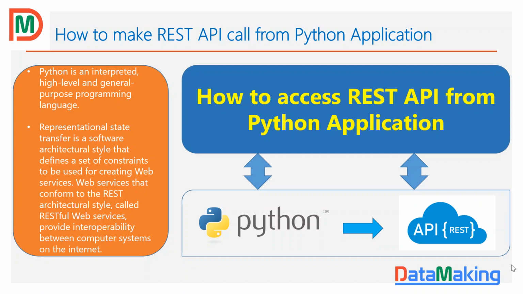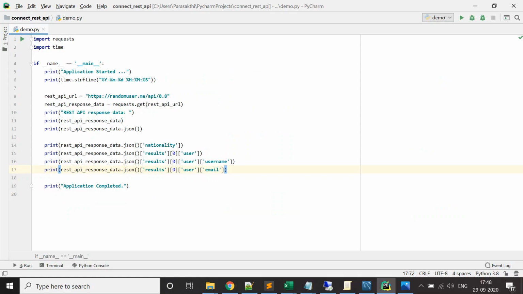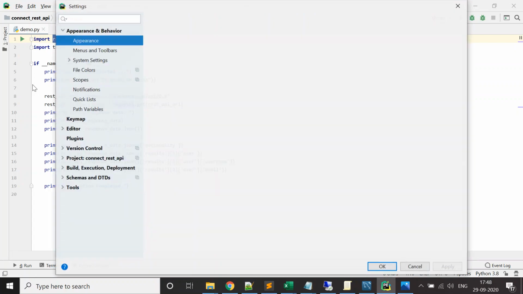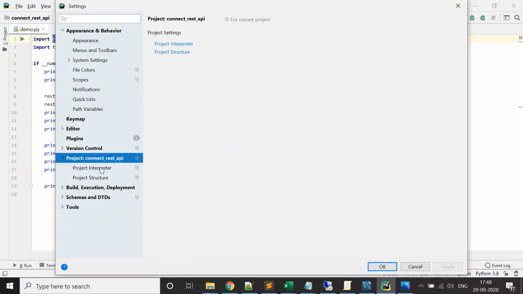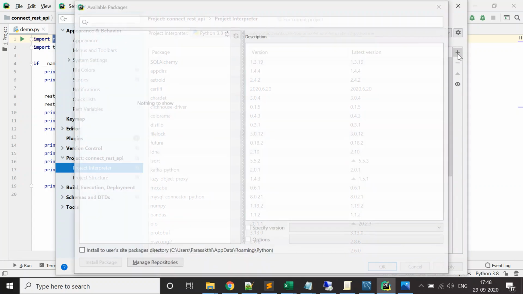So if you want to access a REST API from Python, there are different packages available. I'm going to give you a demo on the package called requests. So, if you want to install that package, go to your project. If you are using PyCharm, go to the project interpreter and click on the plus symbol.